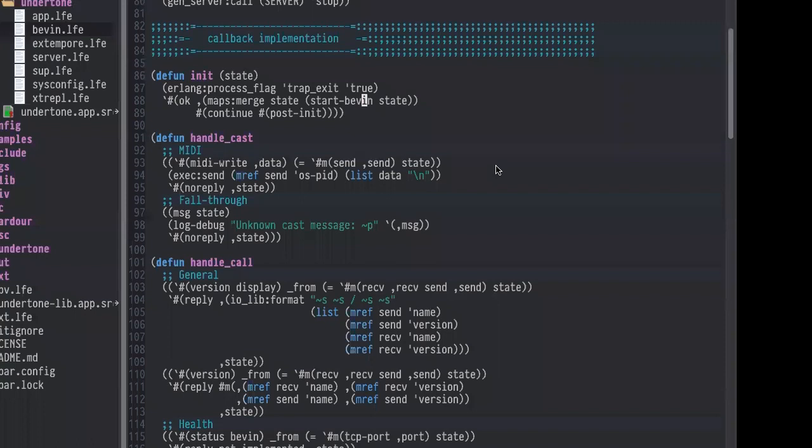And all the OS processes now, when I exit the LFE REPL, which is the place where I've started all these things because I'm using an OTP release, so when I start the REPL, the release starts up and all these things are booted. And then when I exit out of the LFE REPL, it shuts everything down, the OTP application. And I go look at the process list, and all the processes that I started up on the operating system have also come down. And it's amazing to finally see that working.